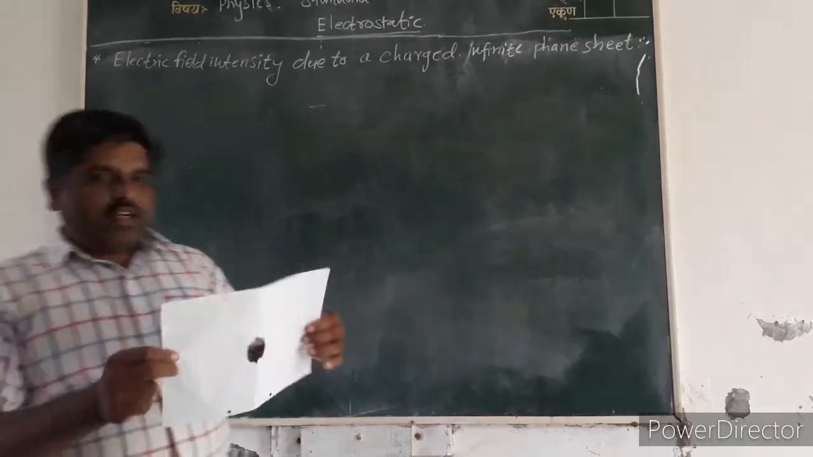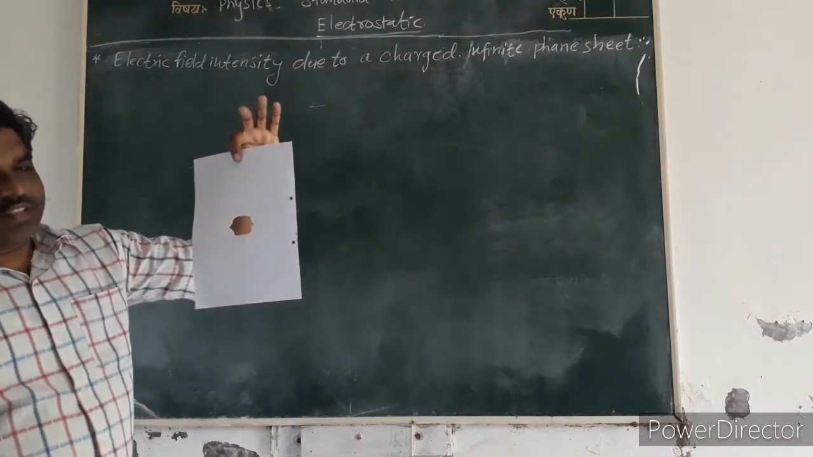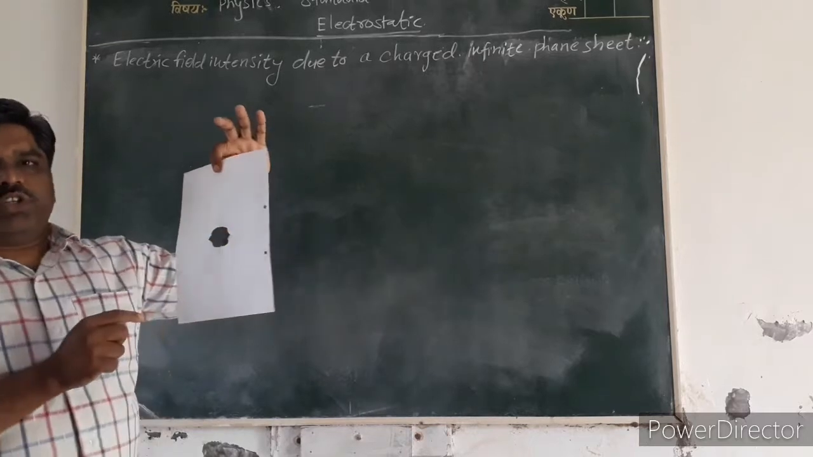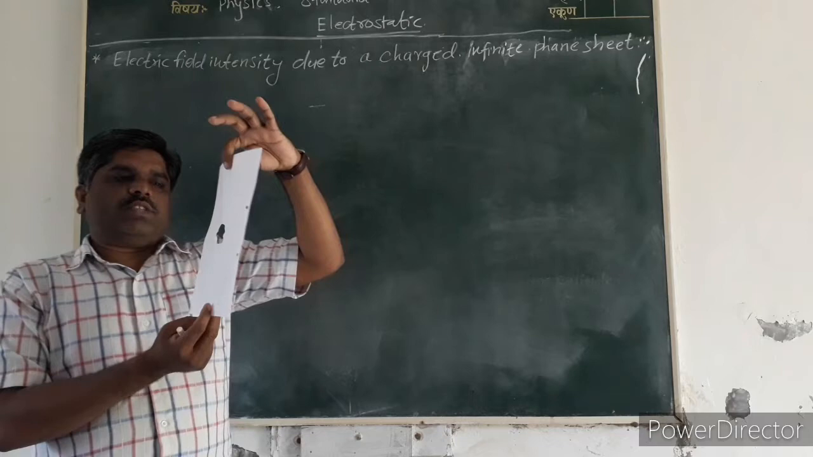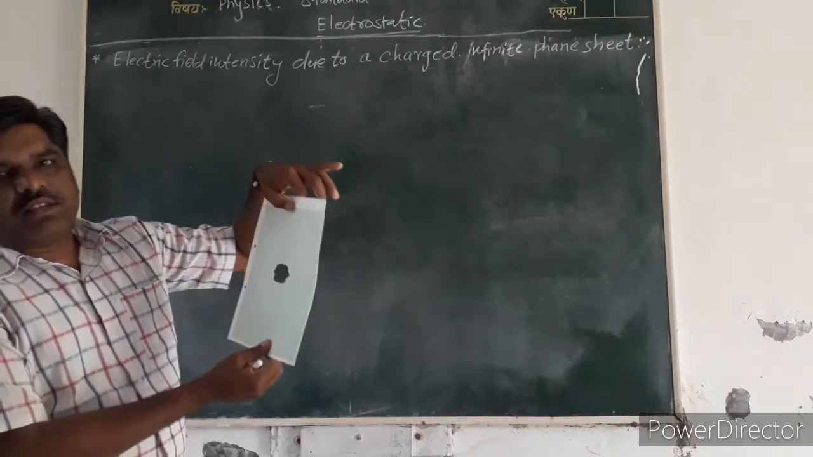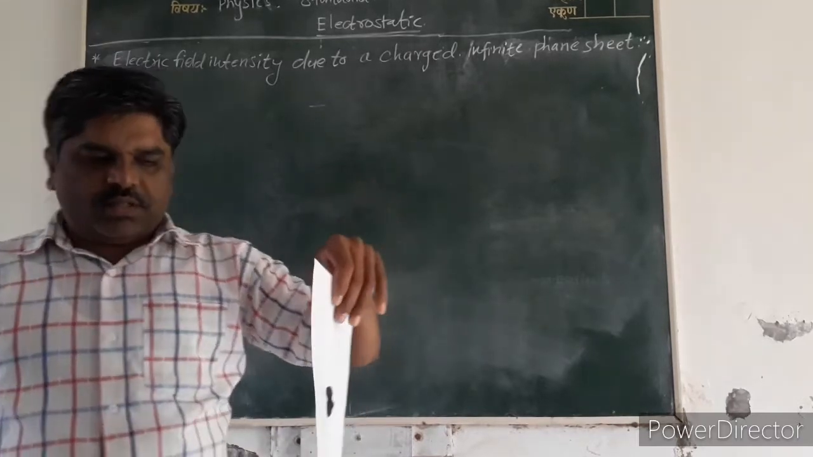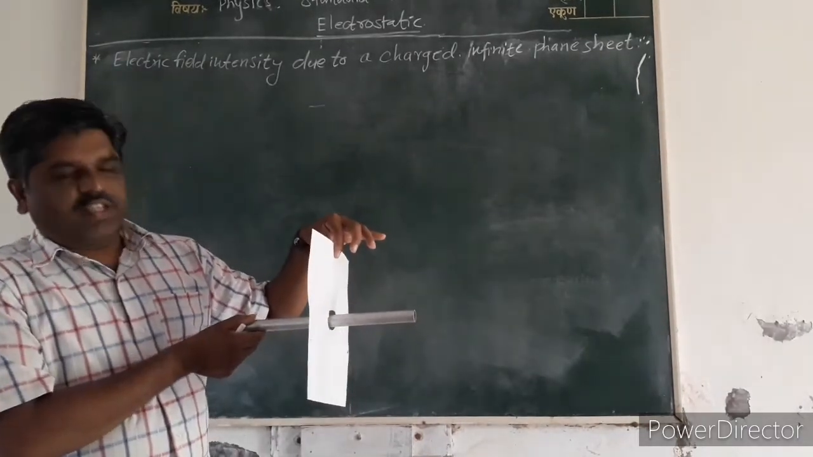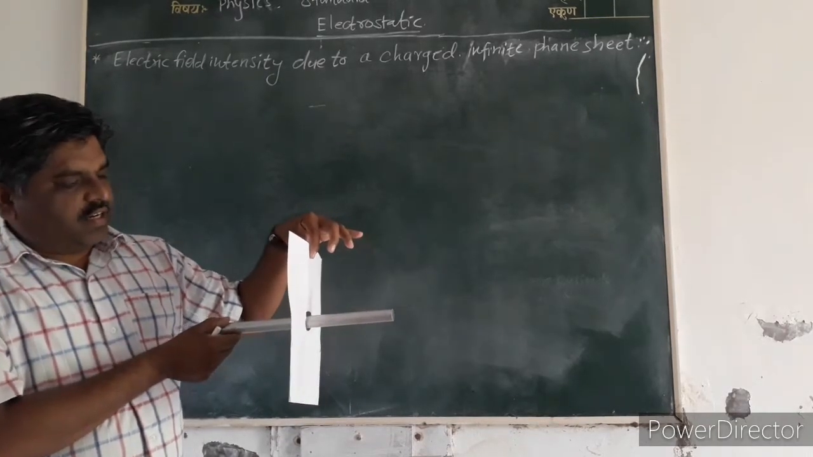Suppose we consider this is the plane sheet. This plane sheet, we assume that contain number of positive charge, but this sheet has two sides, first and second side, and the Gaussian surface. Suppose this Gaussian surface acts as a cylinder, and this cylinder